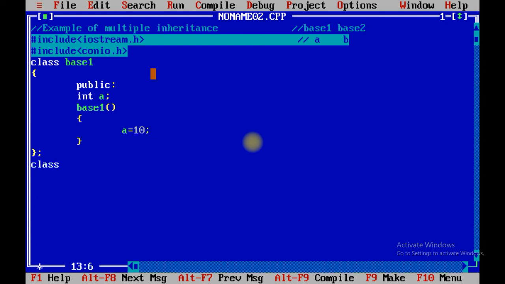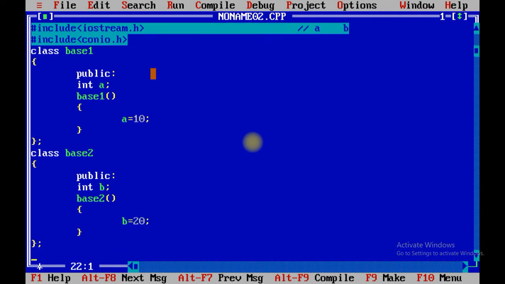Similarly, class base 2, similarly again make it public, integer B, base 2, B equals to 20. Now these both classes can be inherited by creating derived class, derived.